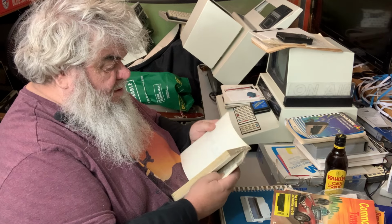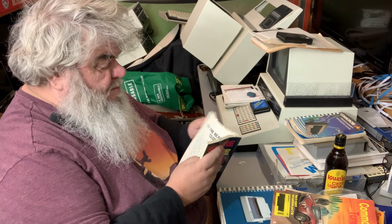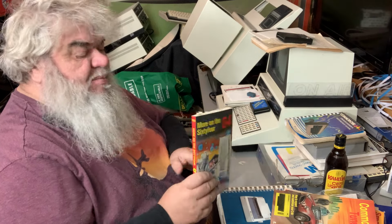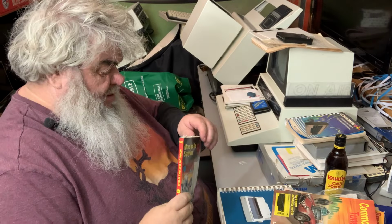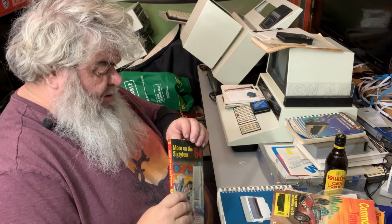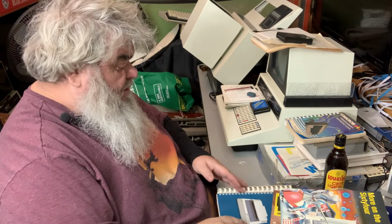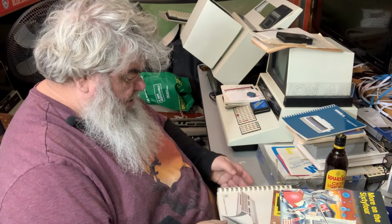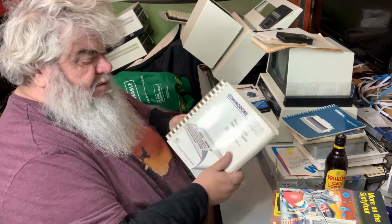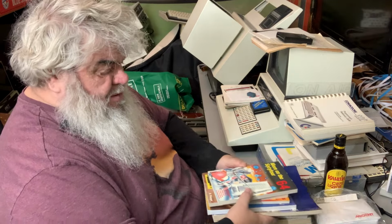Or were there notes in here? I think the pages have, look at this one. I think the pages have just been cut poorly. Look at that. That's not good. Maybe I need to tidy that up a bit. Anyway. And I will hold on to the Gemini printer manual and test out that, and this too is quite lumpy. But that, considering all things, that's a good start to having things